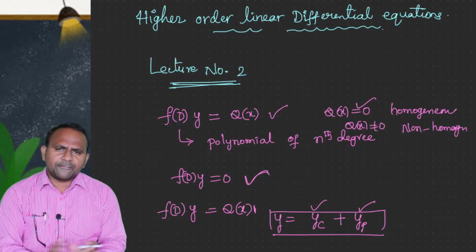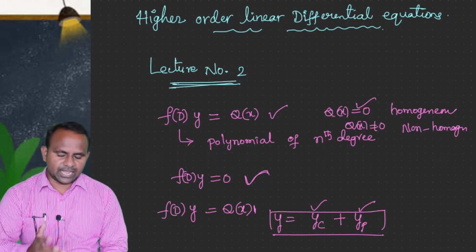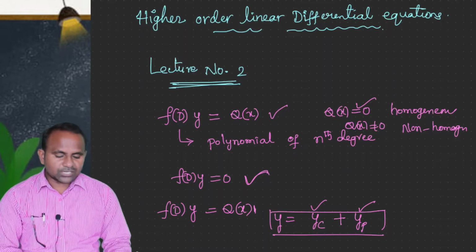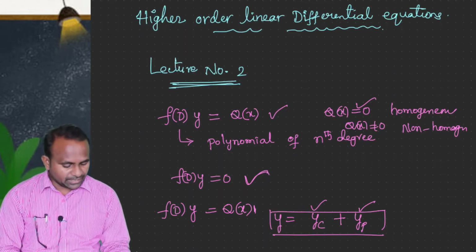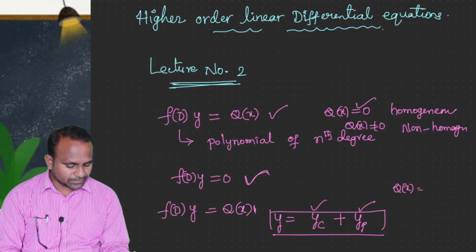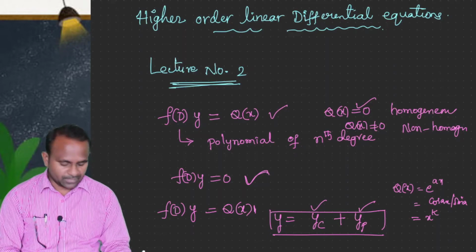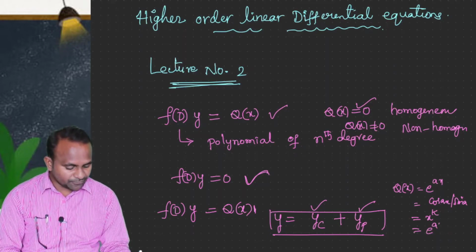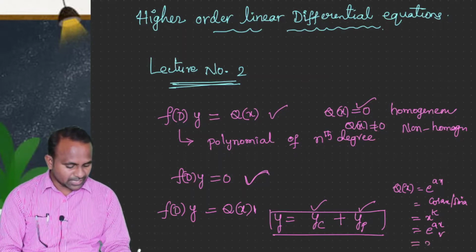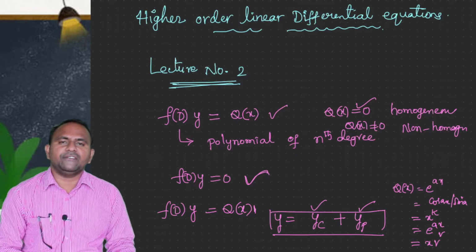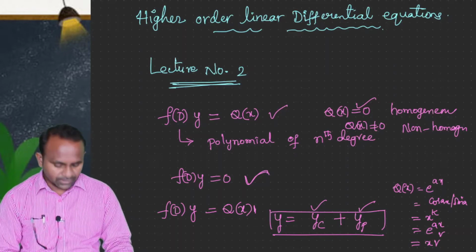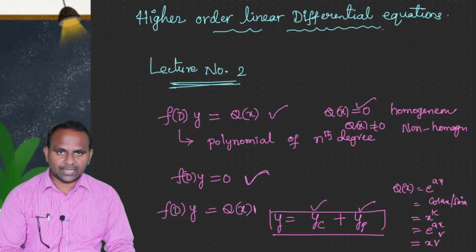Not every differential equation is solved here, as far as your syllabus is concerned. You are solving particular types of differential equations, like whenever Q is equal to an exponential function, or a trigonometric function like cos ax or sin ax, or an algebraic function, a polynomial otherwise, or a combination of e power ax into any of these two, like e power ax into V, or a type like x into V. There are only 5 or 6 types of differential equations solved here in our syllabus. Now let us see one by one.